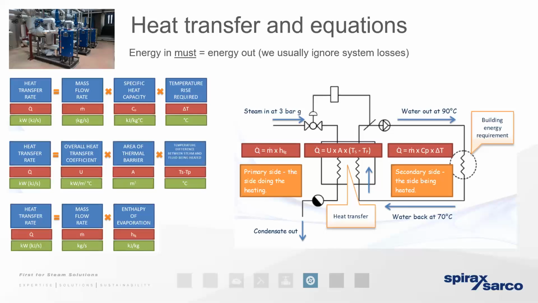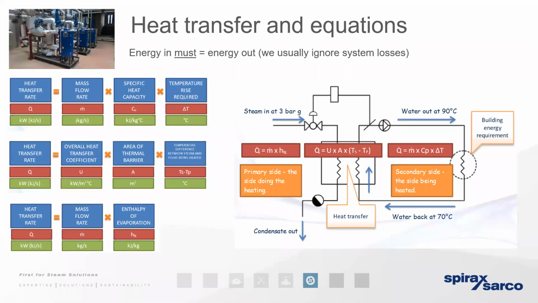So in the example of 3-bar gauge, we know that steam at 3-bar gauge has a temperature of approximately 143 degrees. And the average of the process temperatures, you can see, is 80 degrees. We can then move across to the primary side of the heat exchanger that's demonstrated by the bottom equation on the page, and we